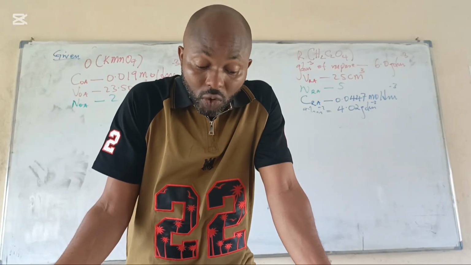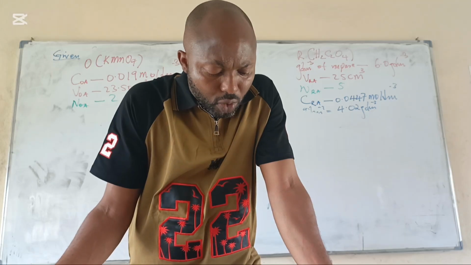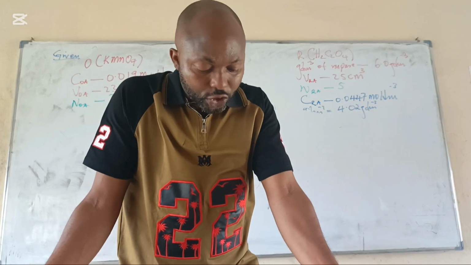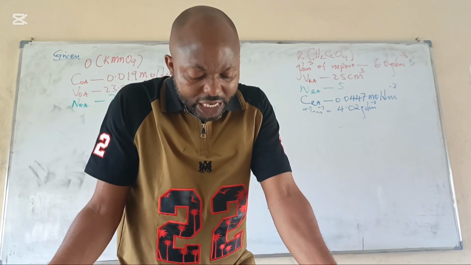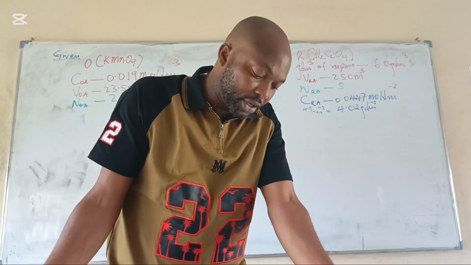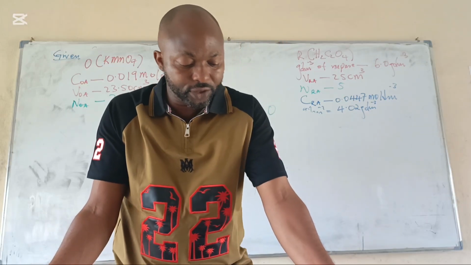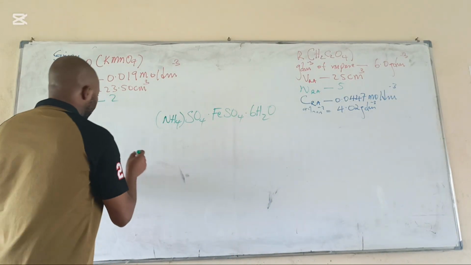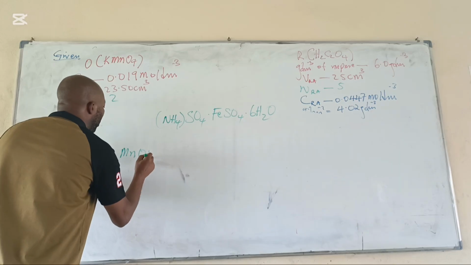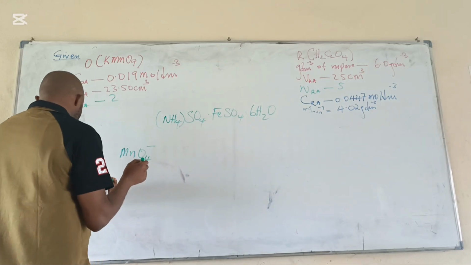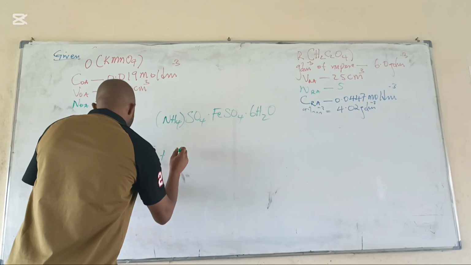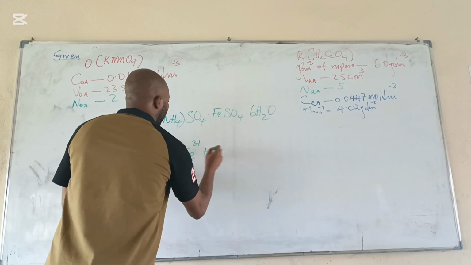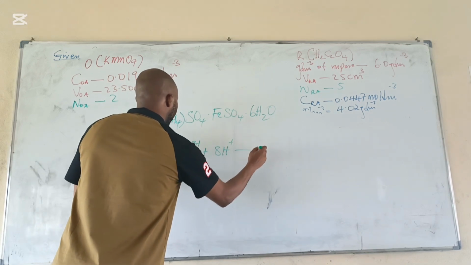If KMnO4 solution O, the oxidizing agent, reacts with 0.1 mole per dm cube of the reducing agent, this, as solution R, and 25 cm cube of R gives 24.5 cm cube of O, the oxidizing agent. If the equation of reaction is given to be, okay, let me give us the equation again. The equation of reaction is MnO4 minus plus 5 Fe3 plus 8 H plus gives us